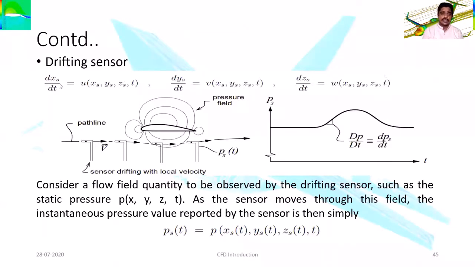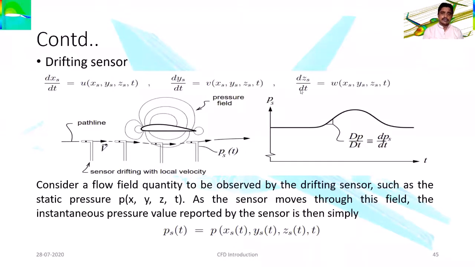So for that one, how do I mathematically address it? The x spatial variable with respect to the time along the x direction, if the velocity is changing, is dx by dt. Generally, velocity is defined as distance by time. So here the distance along the x direction is x, along the spatial variables, that is x, y, z, comma t. That is the x direction: x, y, z, and t.